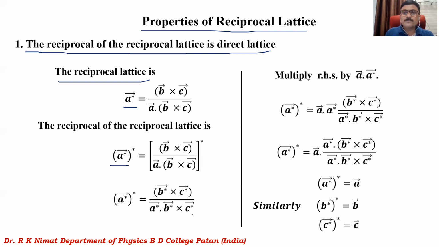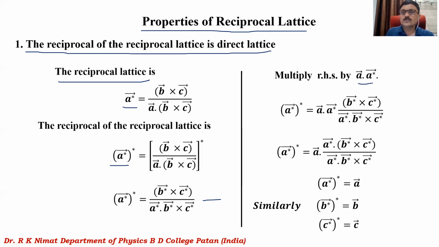Now we'll multiply the right hand side of this equation by the vector identity in reciprocal lattice as vector A dot vector A star, because we know that dot product between vector A and vector A star is 1